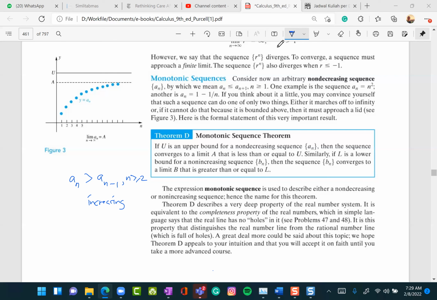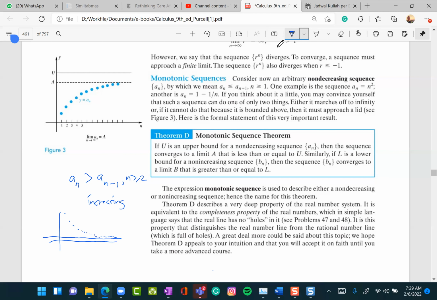Okay. And on the other hand, if you have monotone decreasing, but somehow you have a floor, meaning that you cannot go down below this floor. So this pushes the sequence to converge also. Okay, so